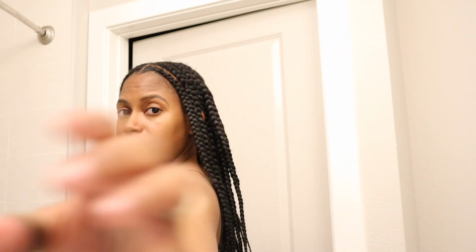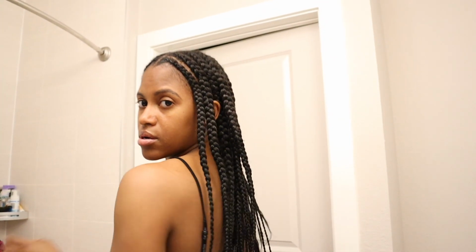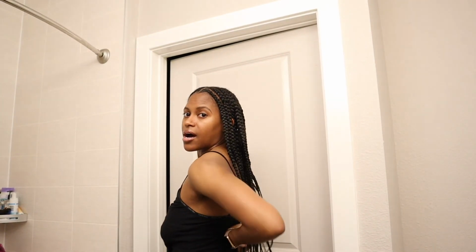So this is, hey, let me zoom out. Y'all can see, I'll show y'all a full body when it's all dipped, but this is what the ends look like right now. Clearly they need to be dipped. But what I'm going to do right now, before I get them, because I have to boil some water, is,